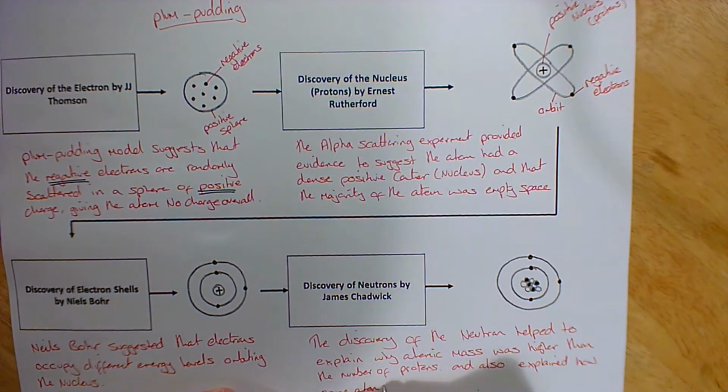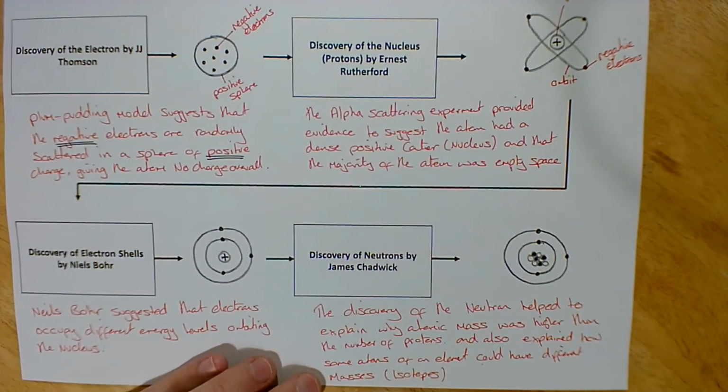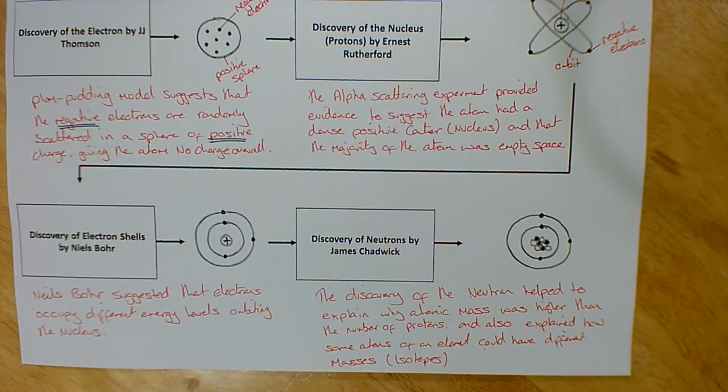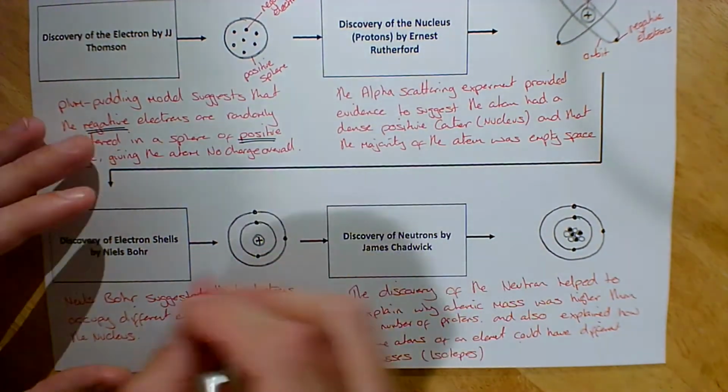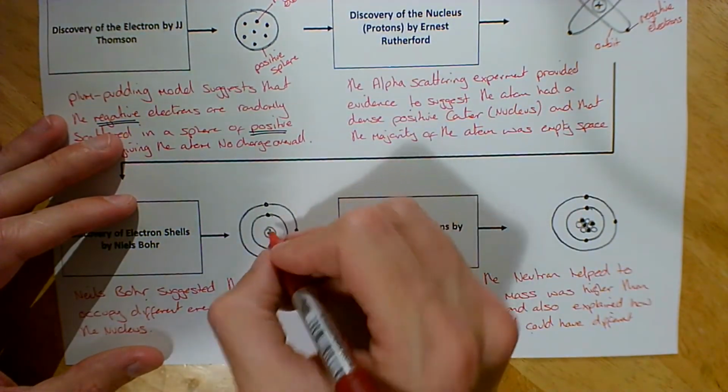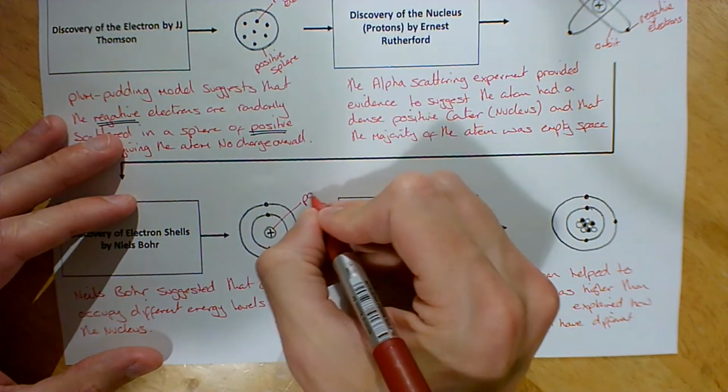So how some atoms of an element could have different masses, and these are called isotopes. So atoms of an element that have the same number of protons but a different number of neutrons, giving them a different mass. So these models, in the Bohr model we still have a positive nucleus,